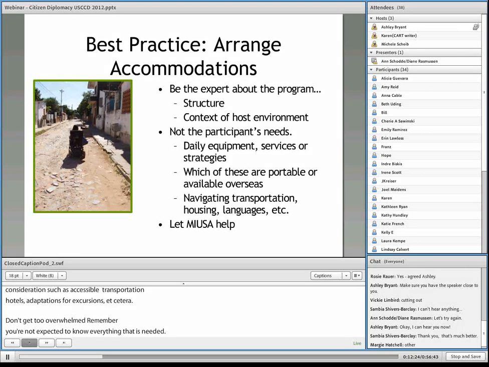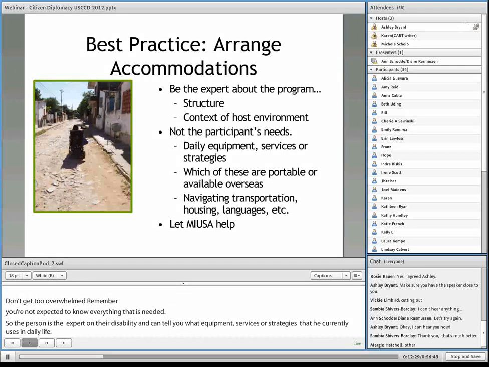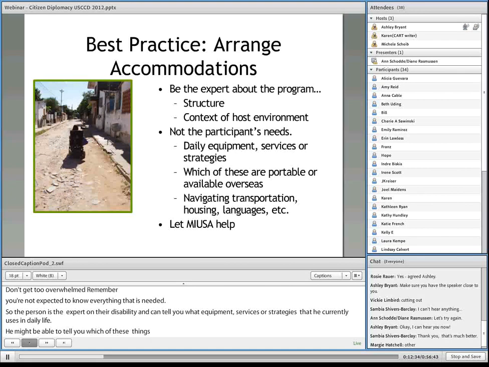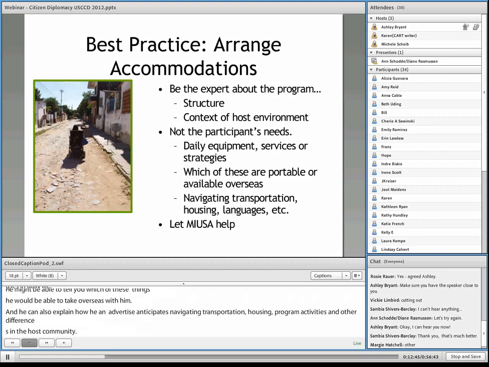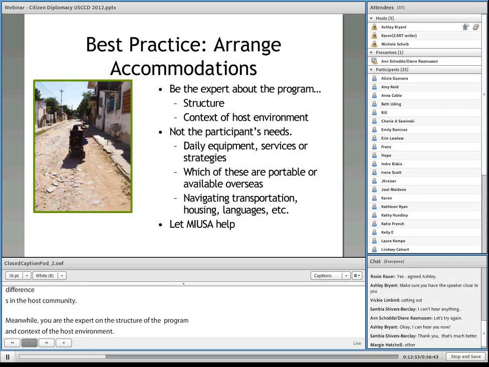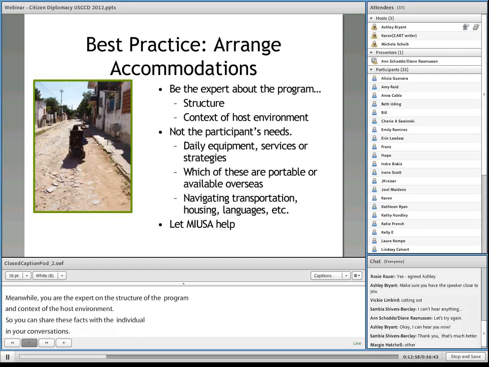He might be able to tell you which of these things he would be able to take overseas with him. And he can also explain how he anticipates navigating the transportation, housing, program activities, and other differences in the host community. Meanwhile, you are the expert on the structure of the program and context of the host environment. So you can share these facts with the individual in your conversations. The more descriptive you are, the easier it'll be for the two of you to interpret rather than to assume